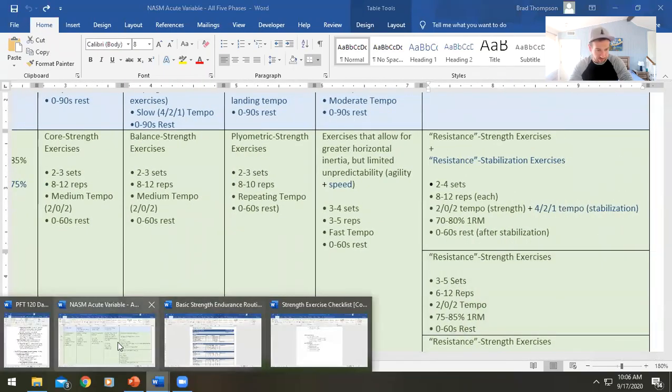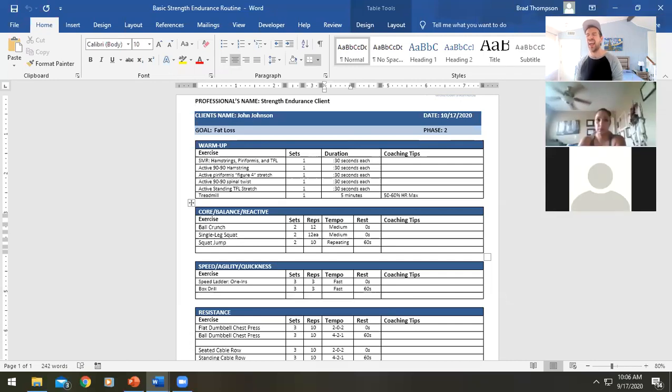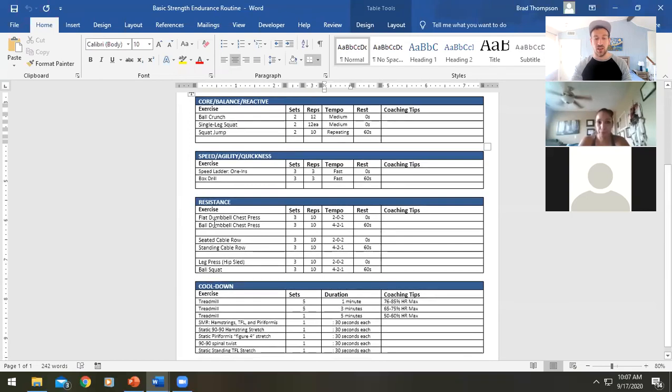So guess what? We're gonna go back to our routine here. I am not going to change a thing. Now, would I change a thing in the real world if it was actually my client? Absolutely. Because I don't want their body to get too used to stuff. But I really want to highlight to you guys the fact that there's no difference between strength endurance, hypertrophy, or max strength until you get to the resistance section. So we keep the warm up, we keep the movement prep, we keep the SAQ,